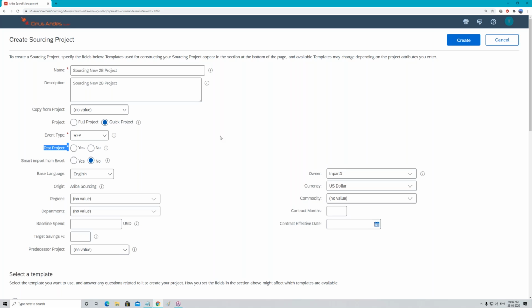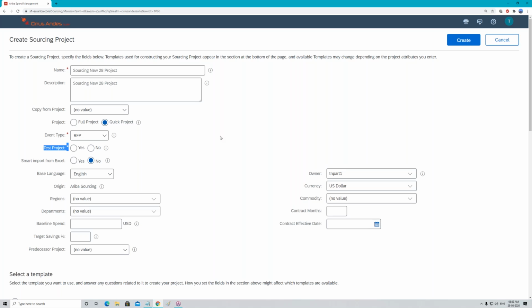Because in production, I understand you create a production supplier, but for development and quality we have to work with a test supplier. So Ariba will give you the option that if you're connecting development and quality with Ariba network, a test supplier will automatically get created. And a production supplier is only used when you're connecting Ariba network with Ariba buyer production.